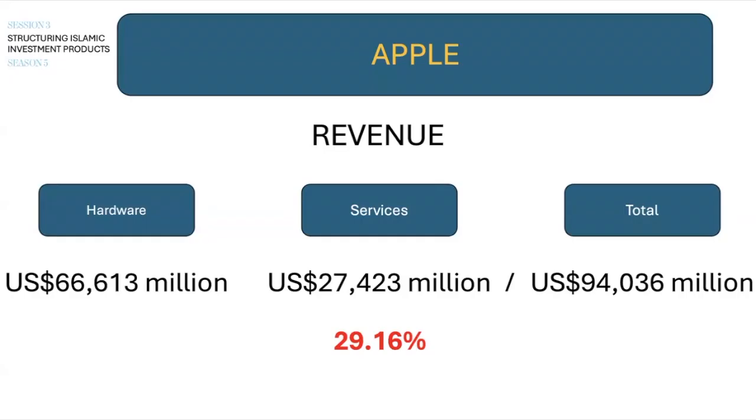29.16. So roughly say about 30%. So 30% of the revenue of Apple comes from services, and the remaining 70%, still the majority, comes from the sale of the hardware. The 29.16, this is a very large figure, as you know that we have a threshold